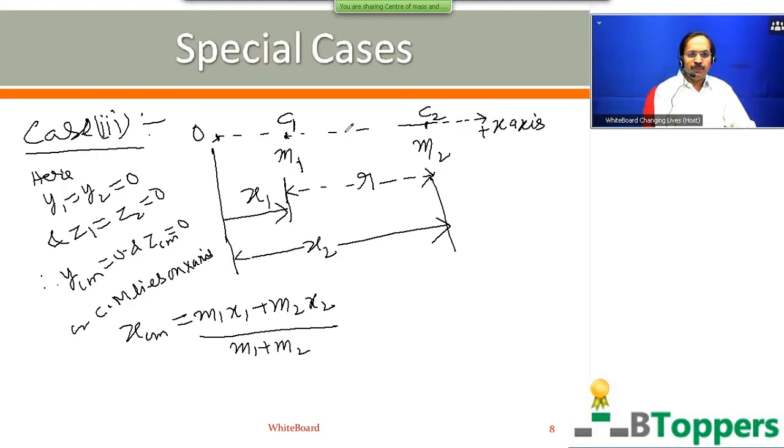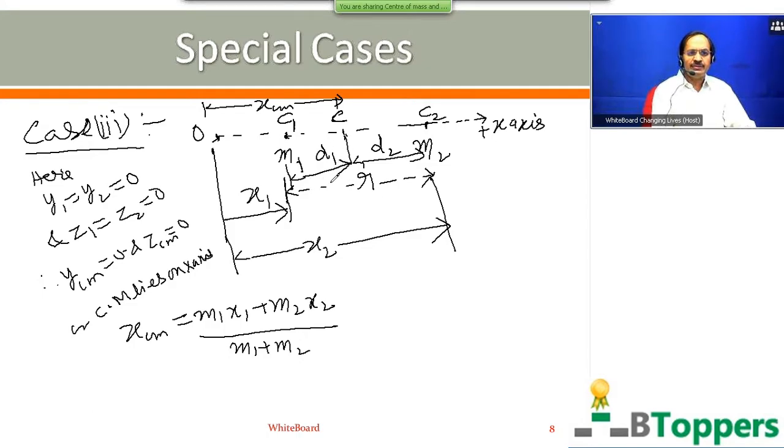So the center of mass system of the 2 particles lies on the line joining the 2 particles and in between the 2 particles. So here xcm is the distance of center of mass system of the 2 particles from the origin. Let d1 denote distance of center of mass system of the 2 particles from first particle of mass m1. And let d2 denote distance of center of mass system of the 2 particles from second particle of mass m2.